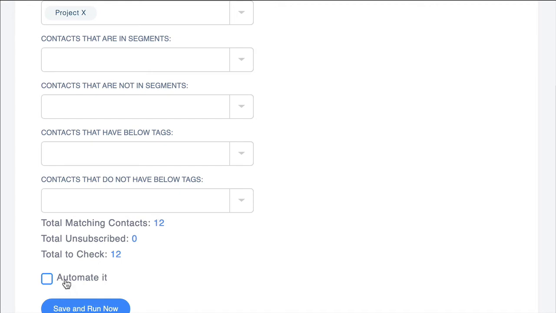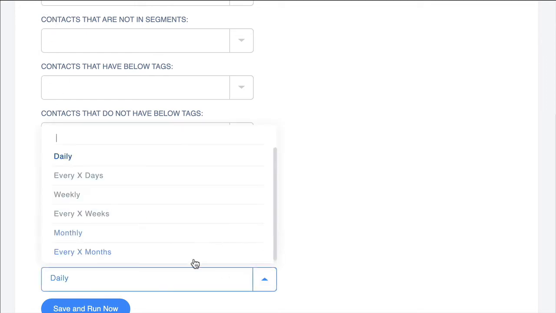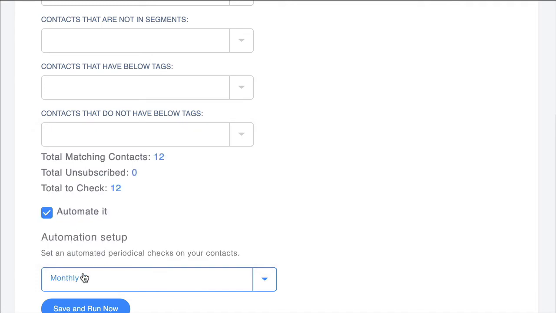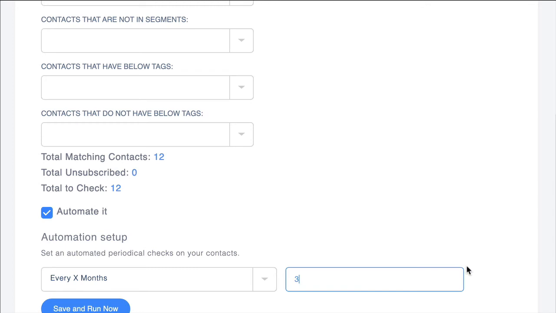And here's a very cool addition that we added as well, and you'll also find that in Email-less Verify. If you click Automate It, you can send these contacts based on your filter above to go and get run at certain periods of time. So you can say every 3 months or monthly, for example. If you choose this, then every month it's going to send it and it's going to remove those dead ones. Or you might want to say every 3 months, for example. And then however many contacts you have based on the filters, it'll then send them off, and then they'll come back and you won't be emailing to dead emails.